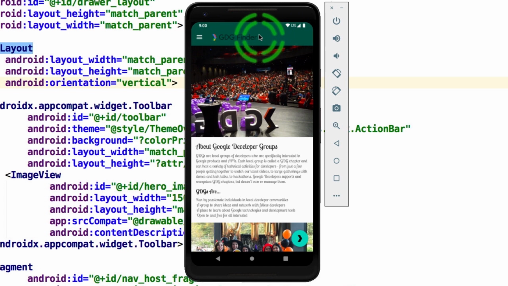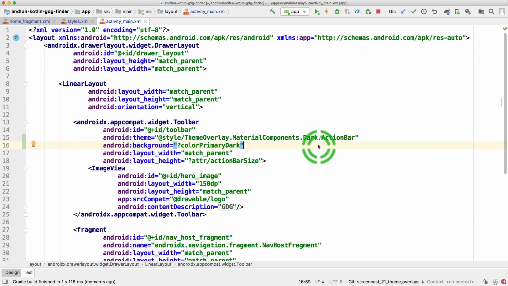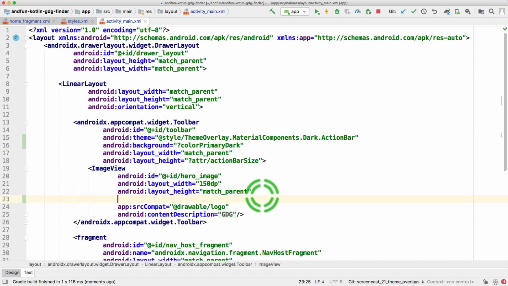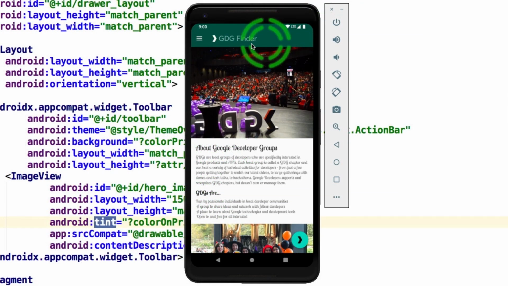If you run the app again, you'll see that the header image doesn't look very good on a light theme. There's an easy way to fix that without creating a new image, though it will take the colors away. You can go to the image view and set a tint on it. That basically causes the image view to be tinted to the specified color. It's probably easier to just see how that looks than to try to describe it.